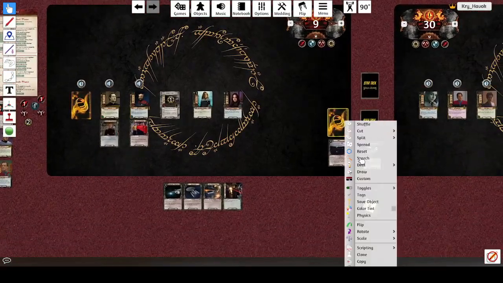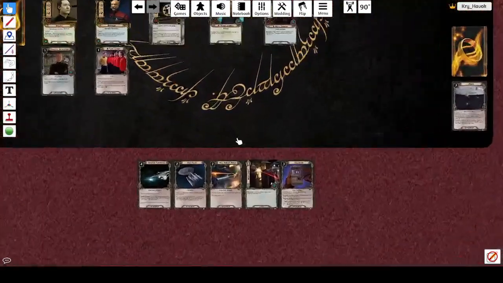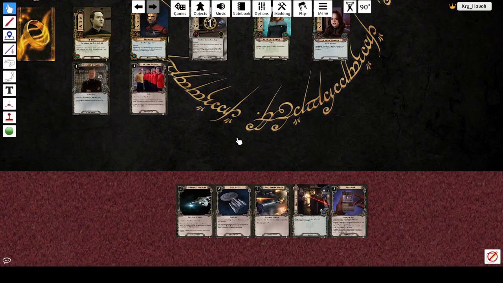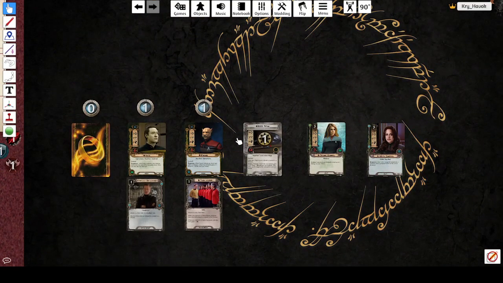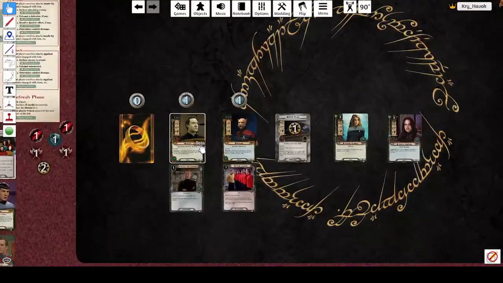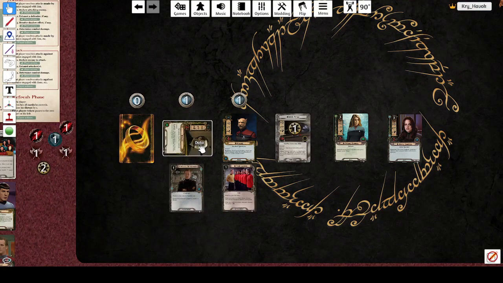Crit, and then draw a card. Hoping for a Forest Snare, didn't get one. Yeah, hoping for a Forest Snare. Okay, here's what it is. 3, oh, I don't need to tap. 3, 4, 5, 6,